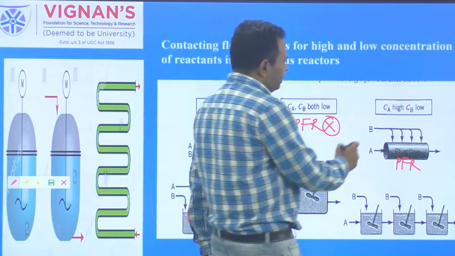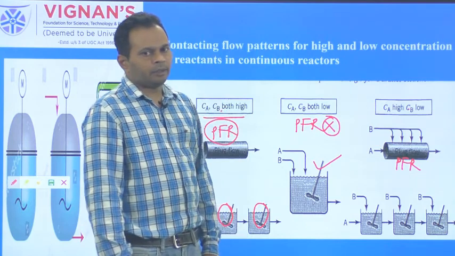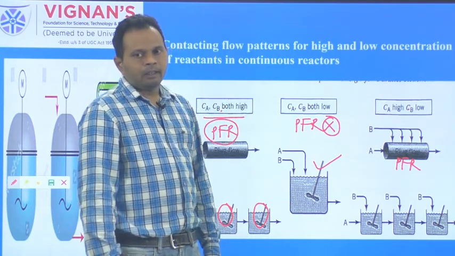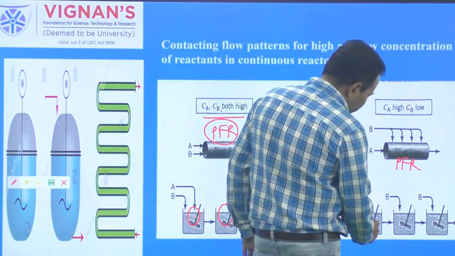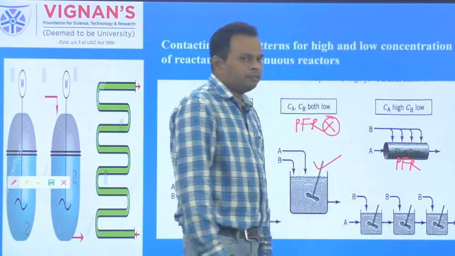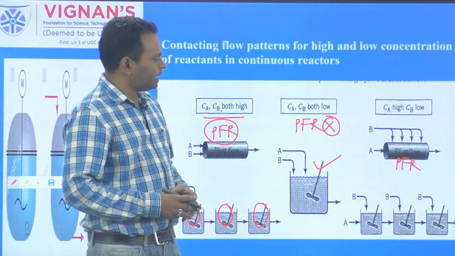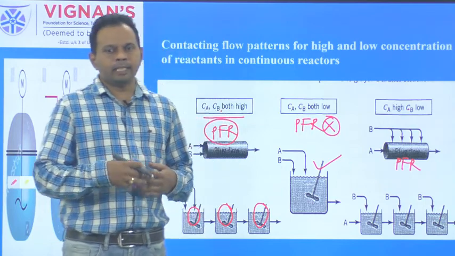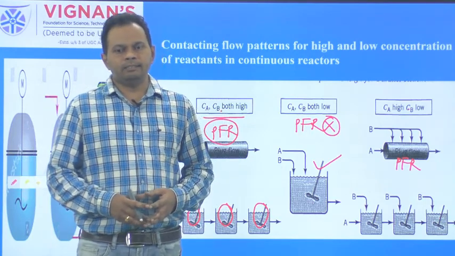And also to maintain high CA and low CB in a single MFR is not possible. Single mixed flow reactor also not possible. Similar to the first case, we need to take the series of the MFRs, but with a different pattern. So here first add A fastly into the first reactor, at each reactor add B slowly, so that we can maintain high CA and low CB. So these are the different contact and flow patterns of the reactants within the flow reactors. This maximizes the formation of the desired product and minimizes the formation of the undesired product.